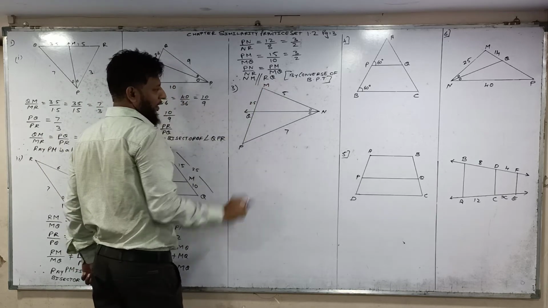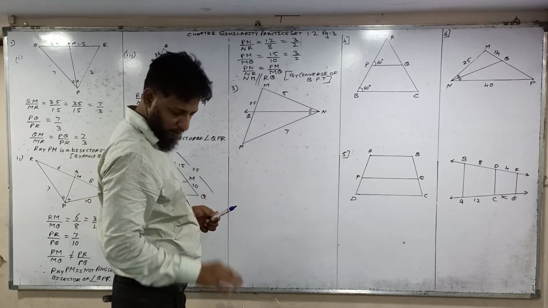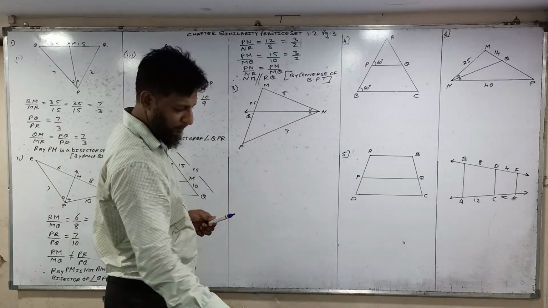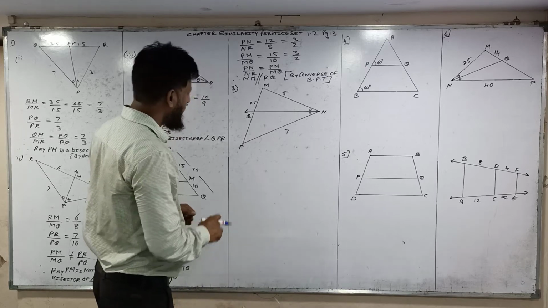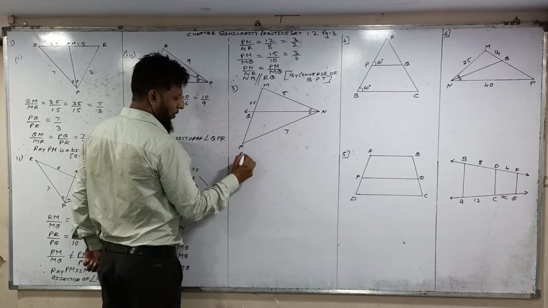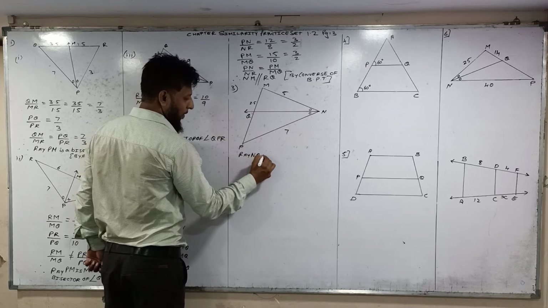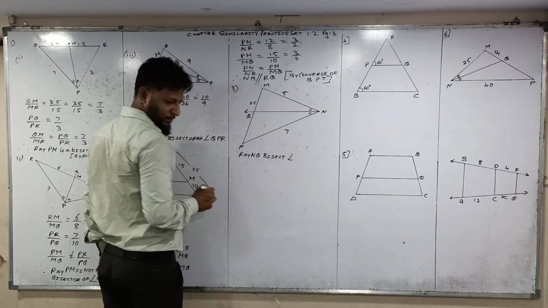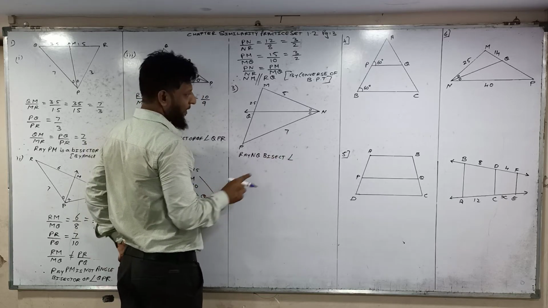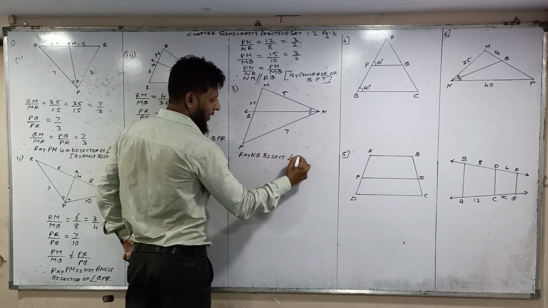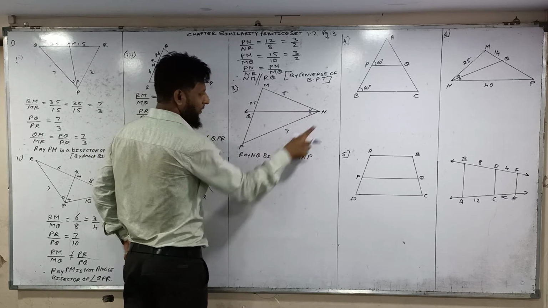So in this diagram, see question number 3. Keep your textbook in front of you while doing the sum. You have to find out QP. This is the angle bisector. Ray NQ bisects angle N. It is given that it bisects angle M and P, both are the same angle. Okay, this is the bisector.